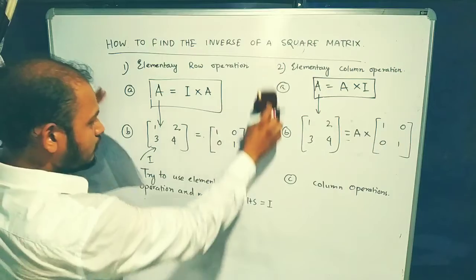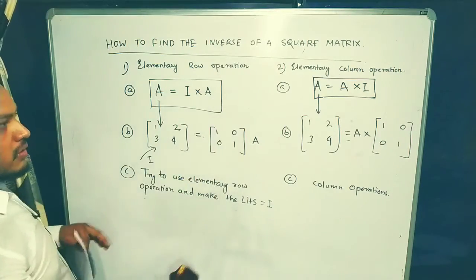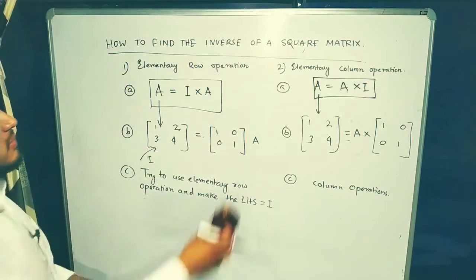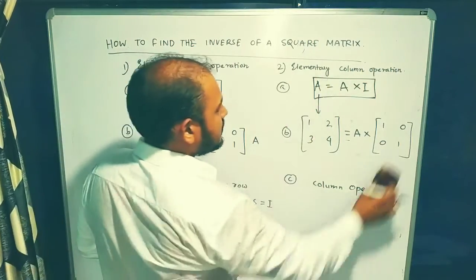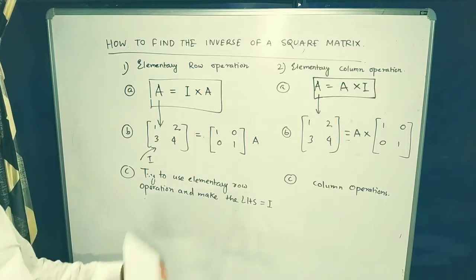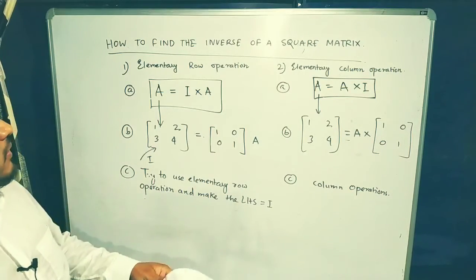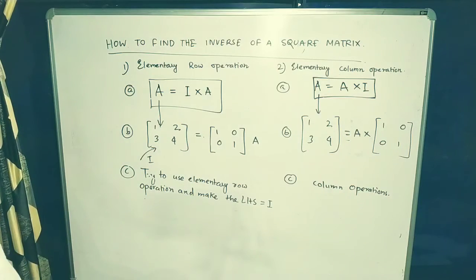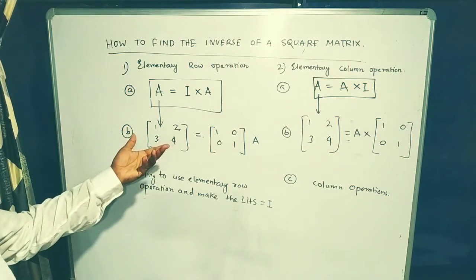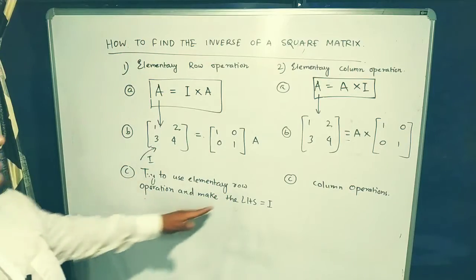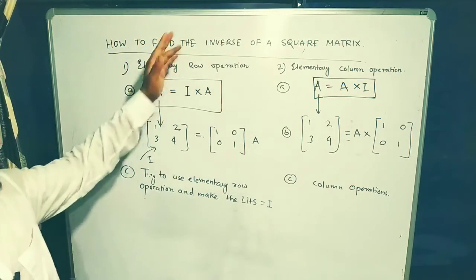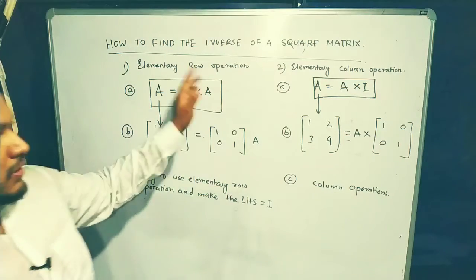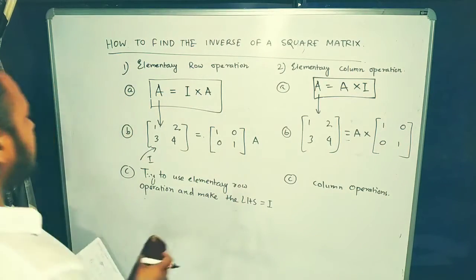If you choose the elementary row operation technique, this is fine, or if you choose to use this operation, it is fine. Both the methods are valid. This is one method, this is another method. You can choose either of the 2 methods. This is up to you. It is customary, or a common concept, to use this operation most of the time, because it is very easy compared to that. So try to use this elementary row operation in the next example and see what to do.